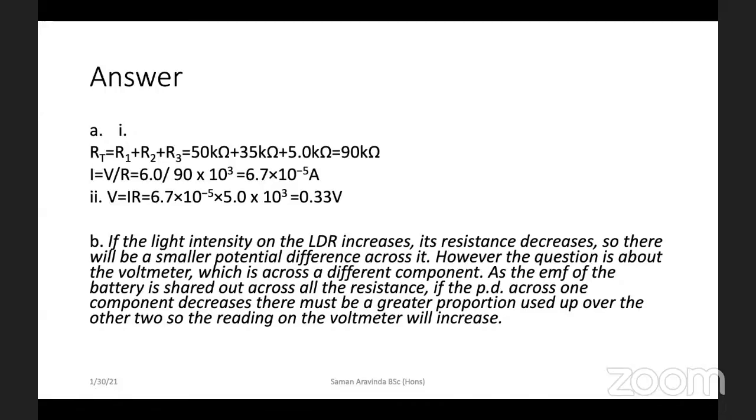However, the question is about the voltmeter, which is across a different component. As the EMF of the battery is shared out across all the resistances,